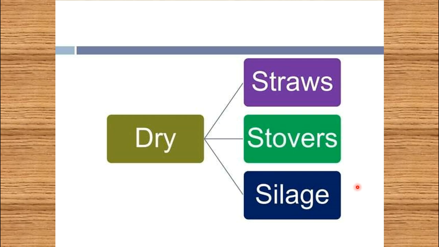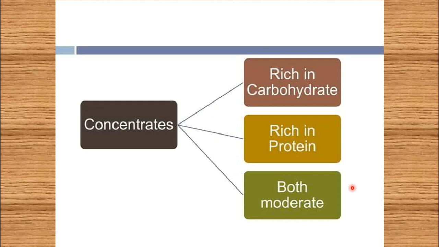The next one is the concentrates. Yesterday we discussed the energy requirement of the cattle, and the energy requirement is met from both the concentrates and also from the dry matter. So the concentrates are rich in carbohydrates, rich in protein, and sometimes both moderate. It is a balanced diet